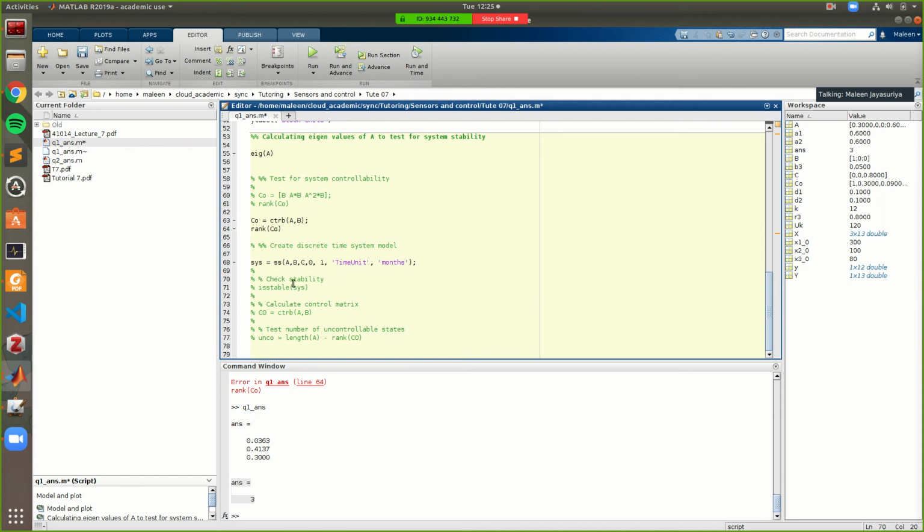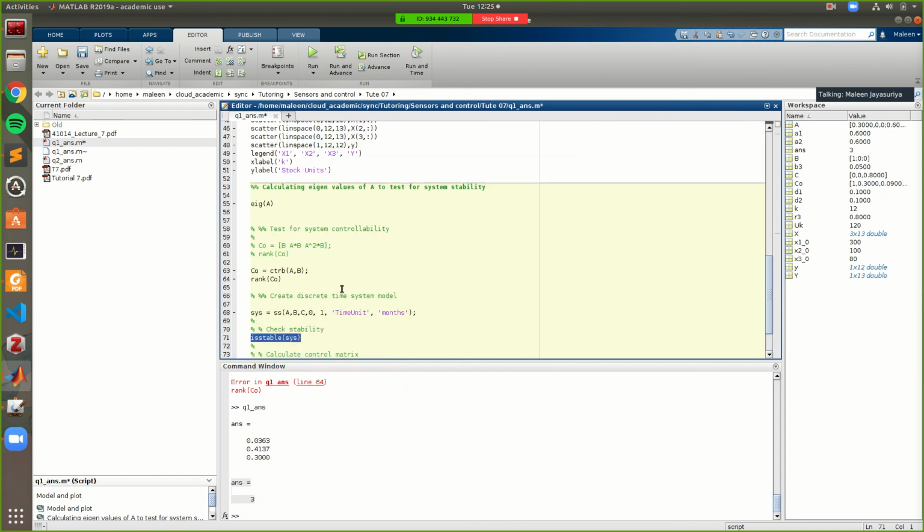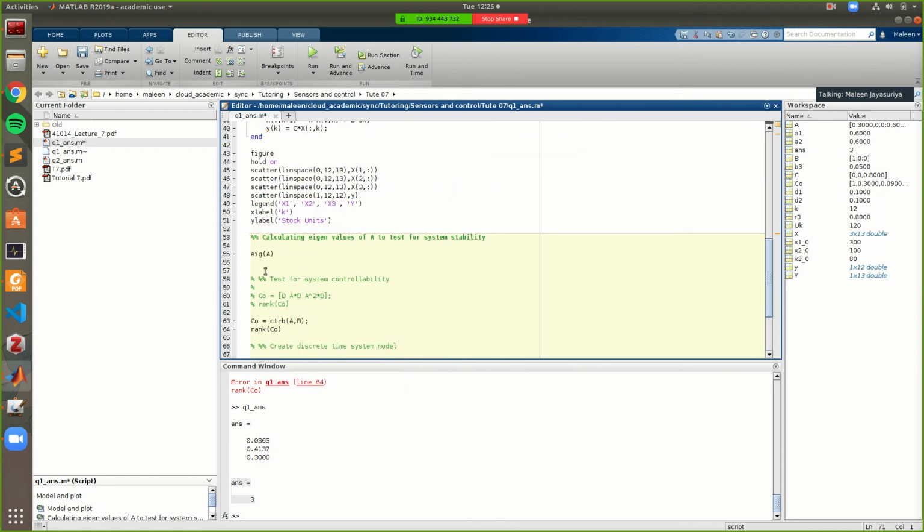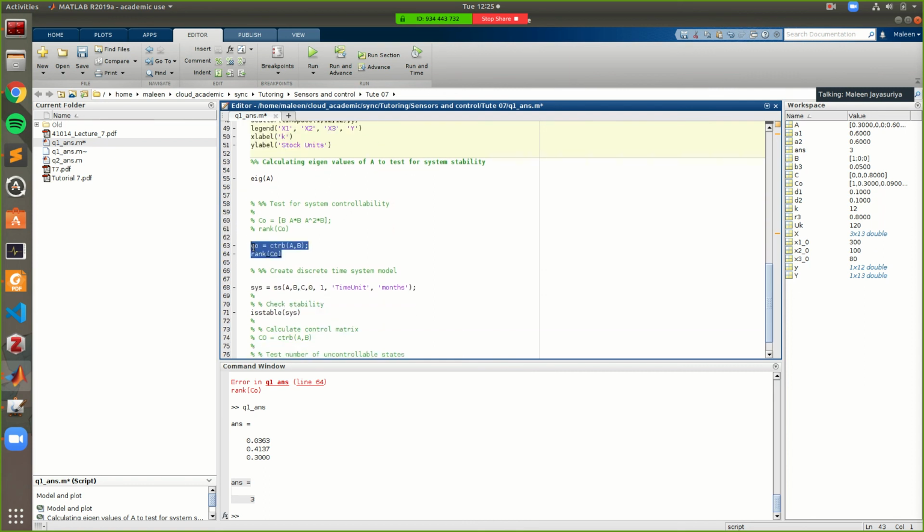Once you have the state space model, you can also check stability using MATLAB functions. What I'm trying to say is there are multiple ways to do the same thing. You can look at the eigenvalues straight away, or look at the graphs to see if it's unstable or not. If you want to calculate the controllability matrix, you can write it out like this, or you can use MATLAB's inbuilt functions. You can even define a state space model and look at its stability using the isstable function, instead of looking at the eigenvalues, and that will also give you an answer.